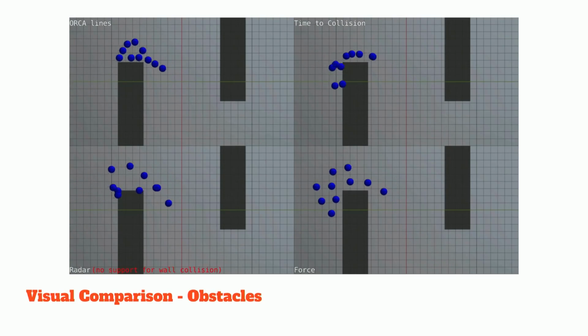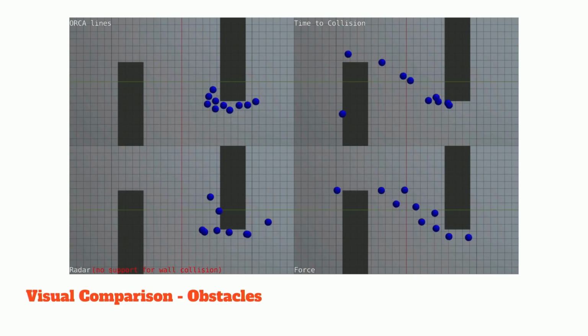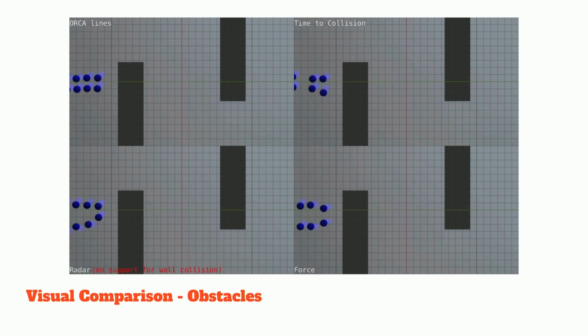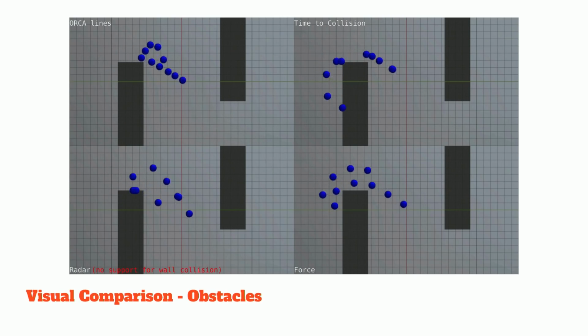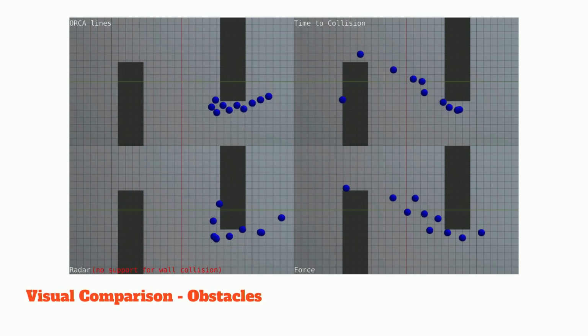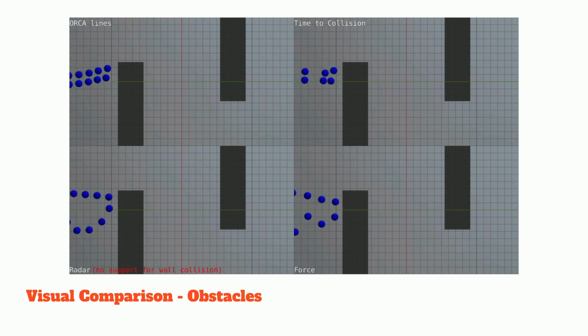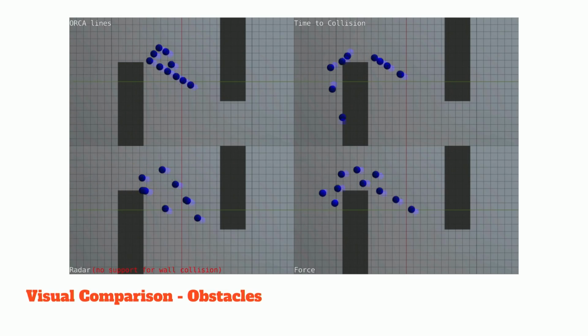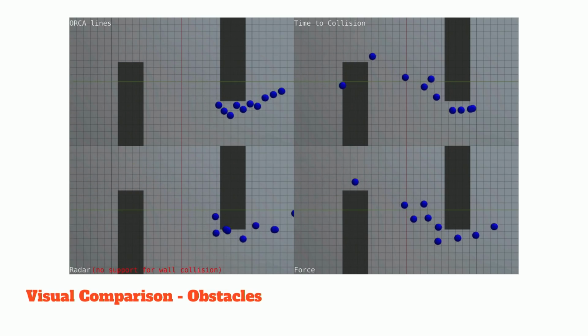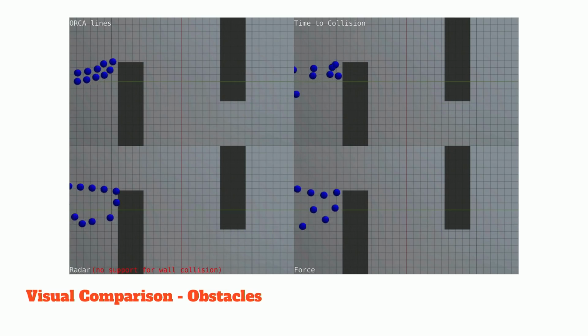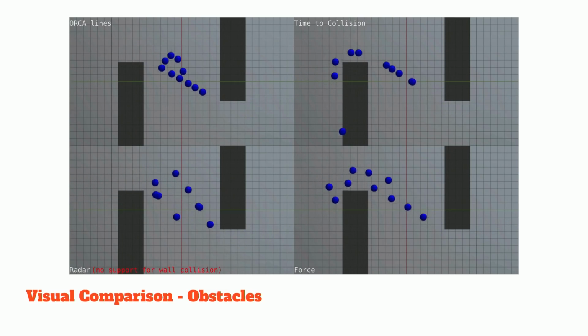How about obstacles? There you see the Orca lines having a bit more natural simulation. The other ones a bit less, but perhaps with some tweaking, the force-based algorithms could perform a little bit better.